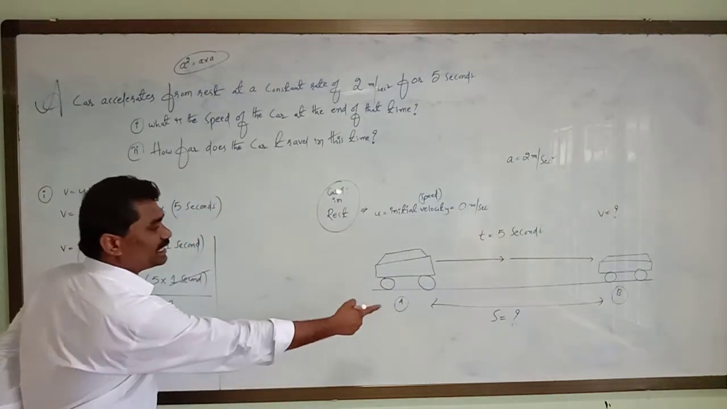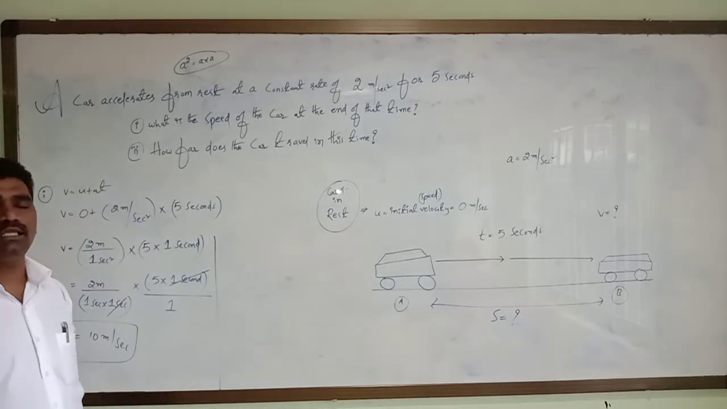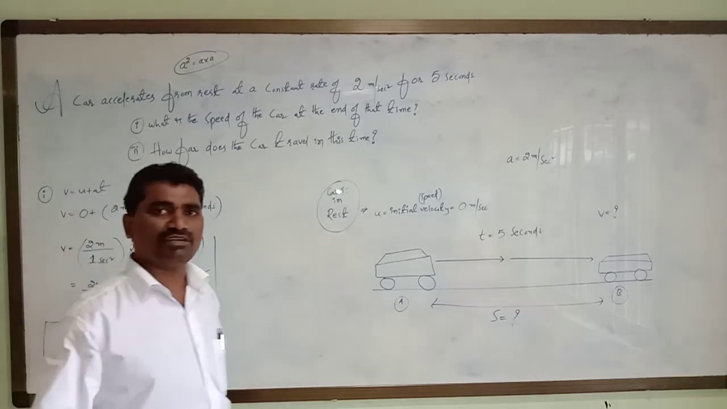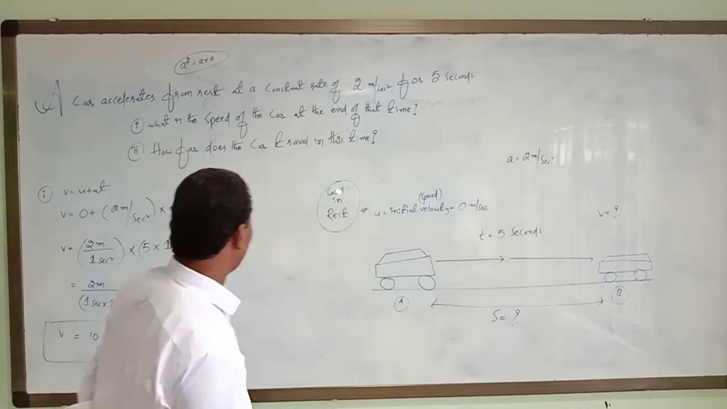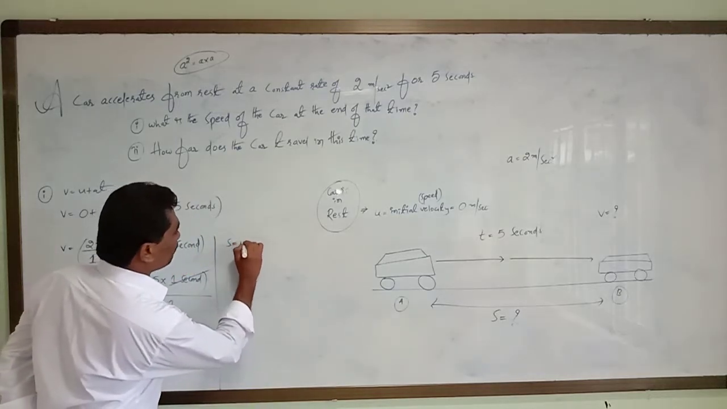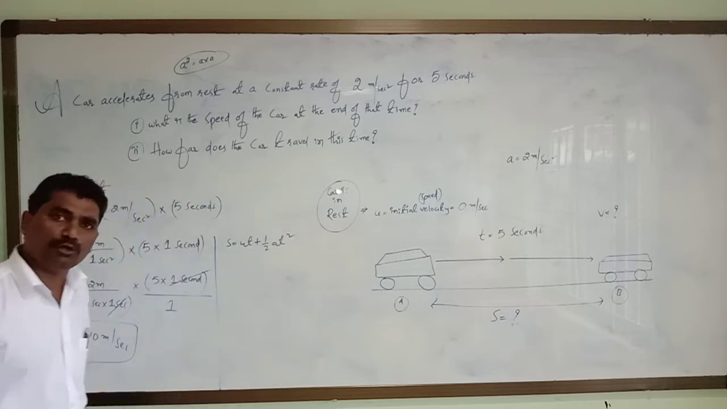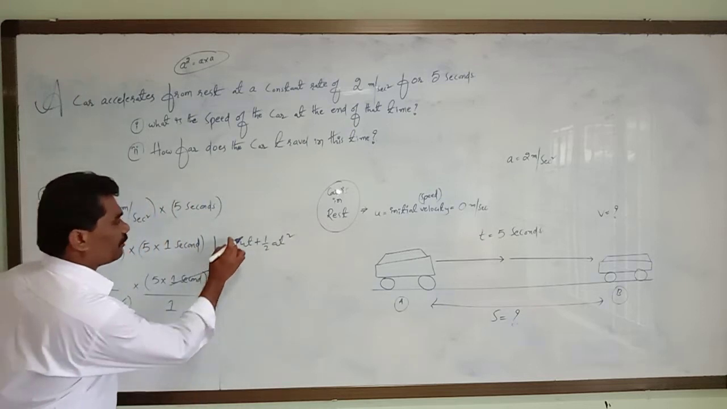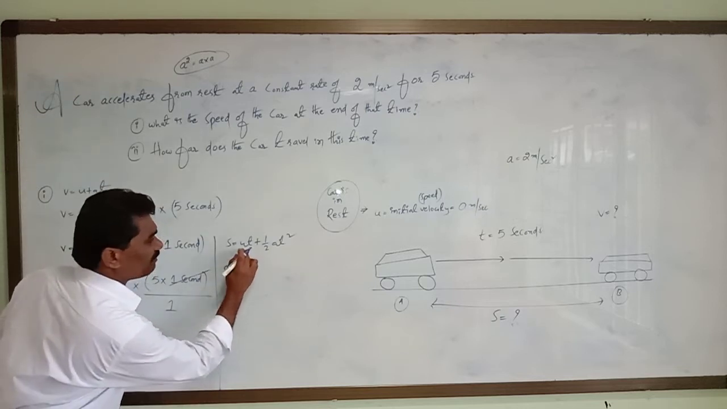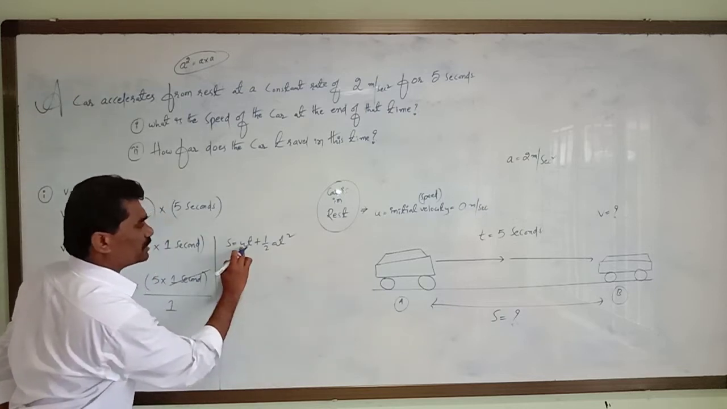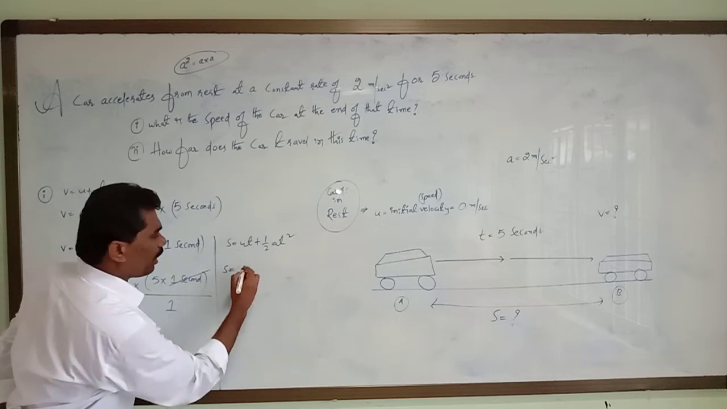So here to calculate distance, what is the equation in the 3 equations of motion? One equation of motion is there to find out the distance covered. So here S is equal to ut plus half at square. We have to calculate distance covered by the car. S is equal to initial velocity of the car, given 0. 0 into something will become 0, plus half